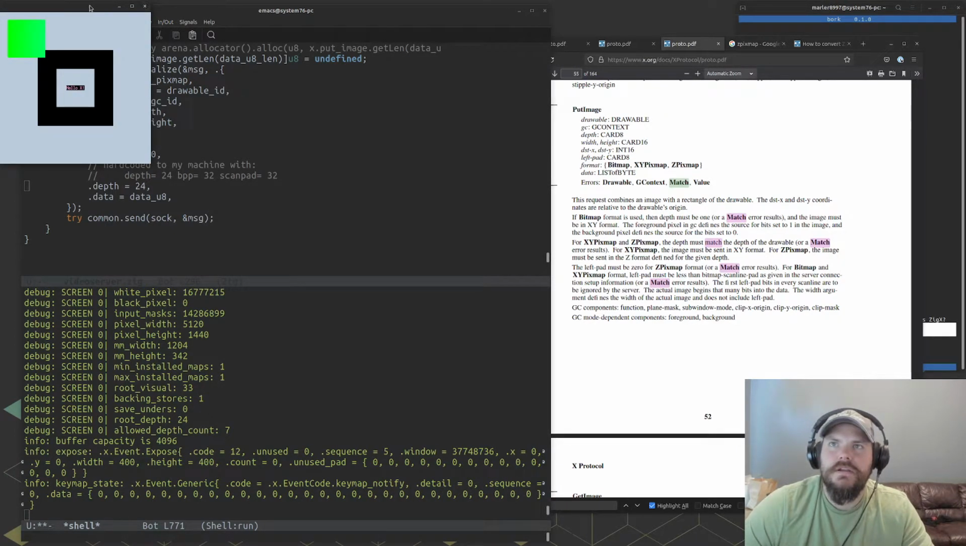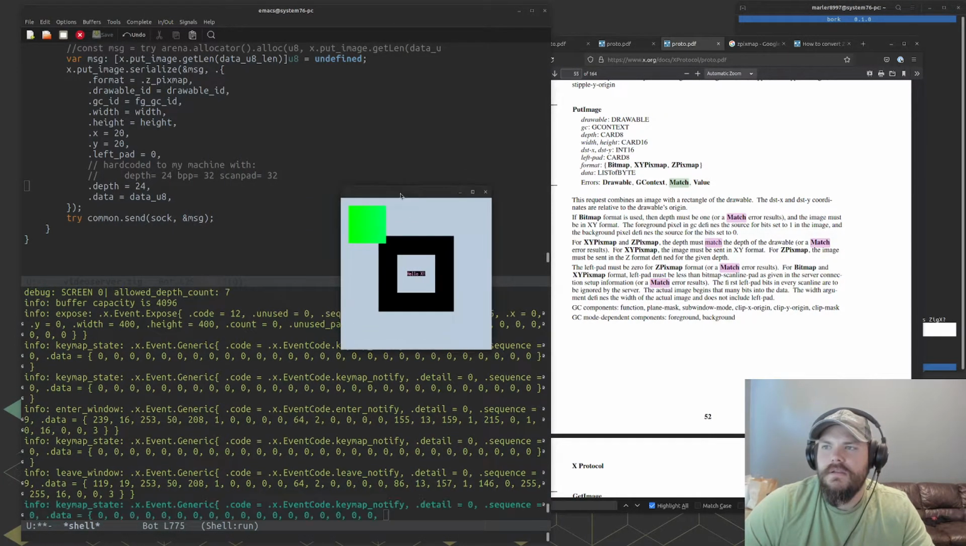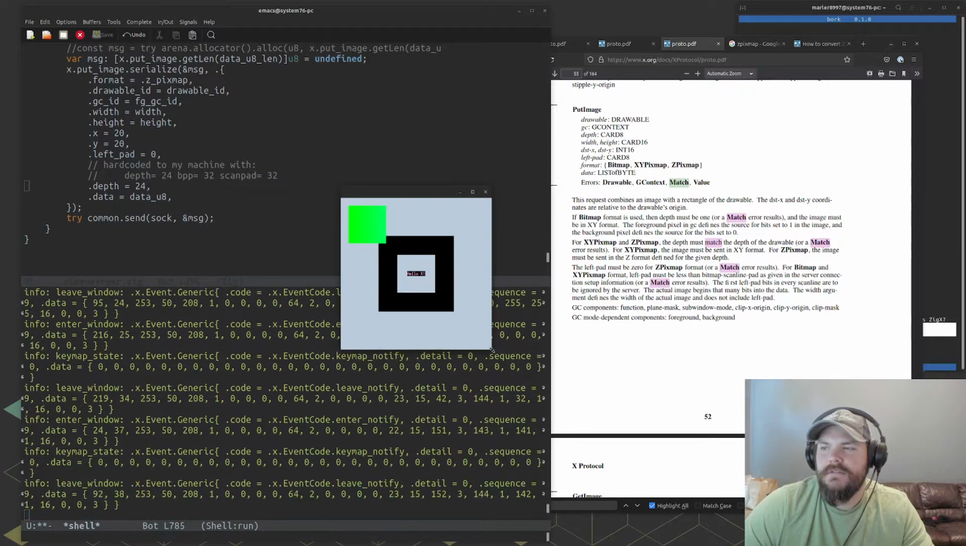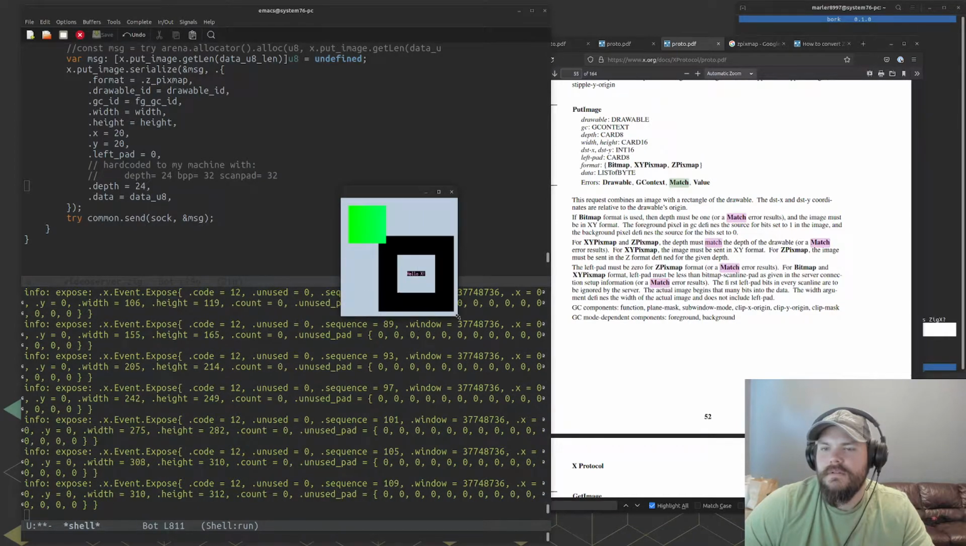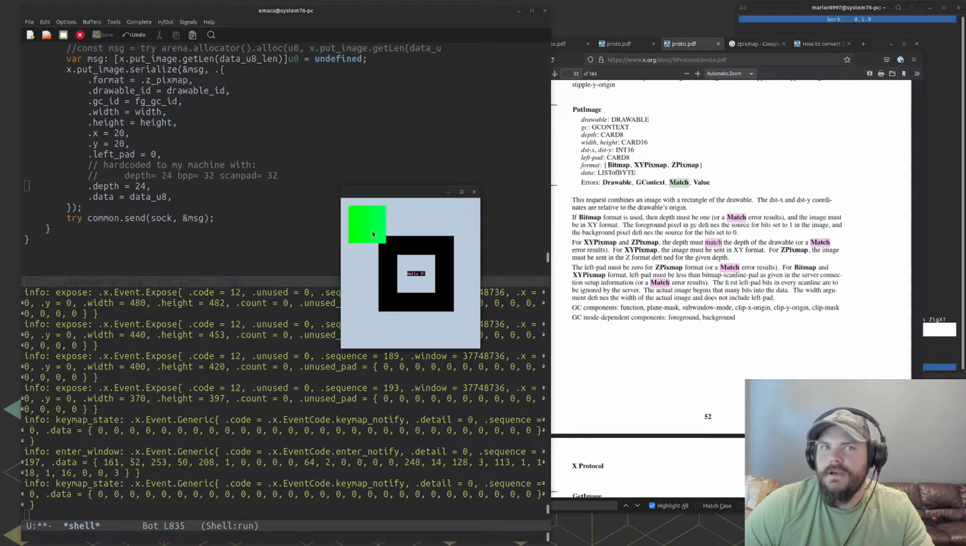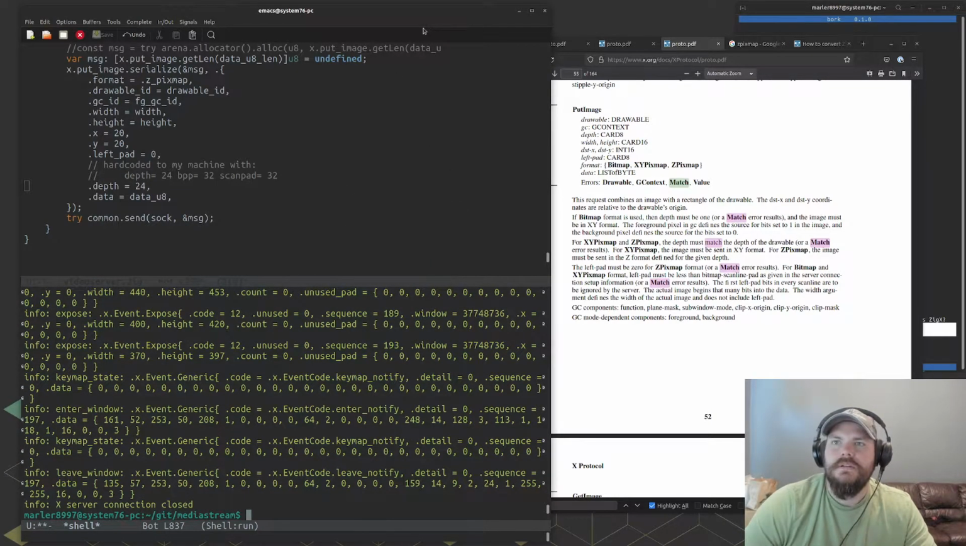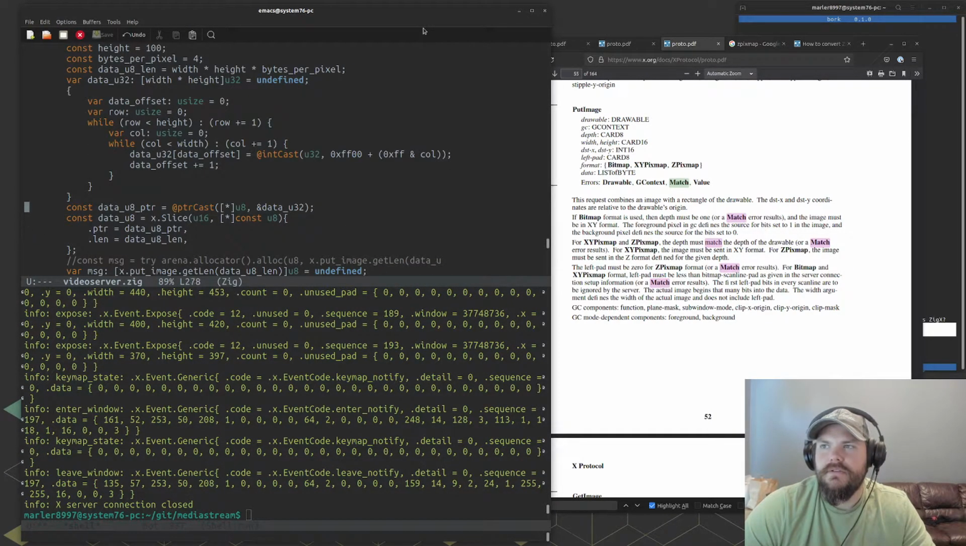Did that work? Seems like it might have worked. Although this isn't the image I was expecting. Let's go, it's just all green. Let's try doing something like this. This should be an or actually. And then,